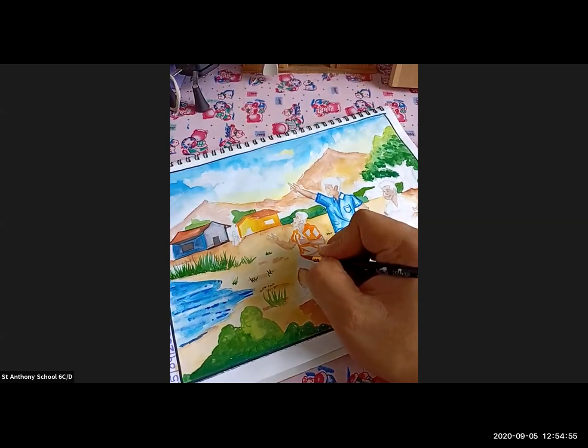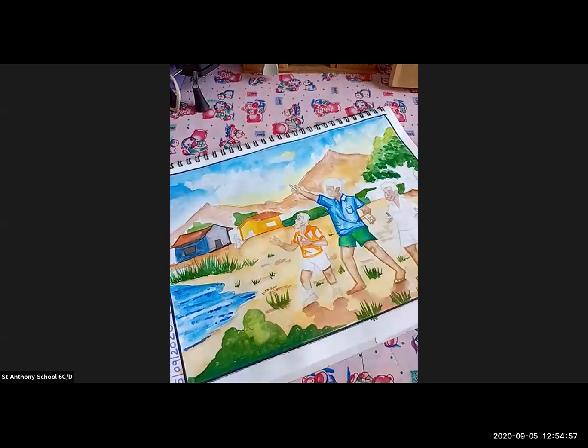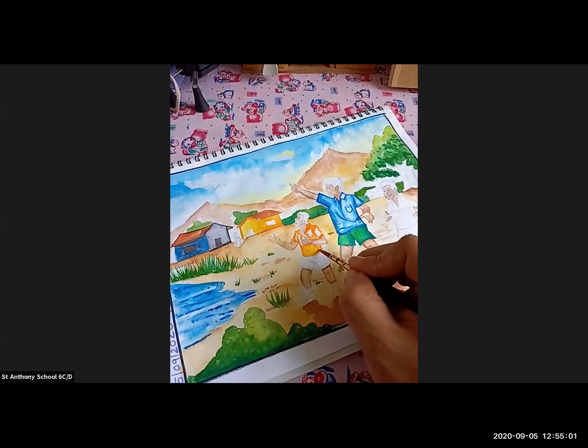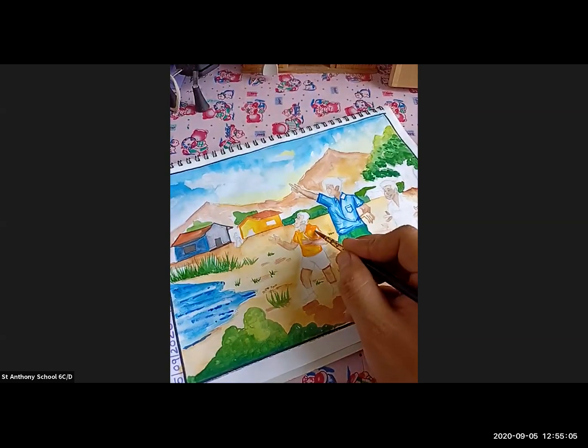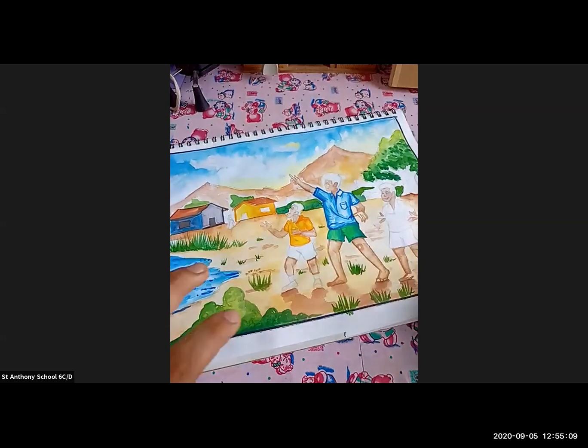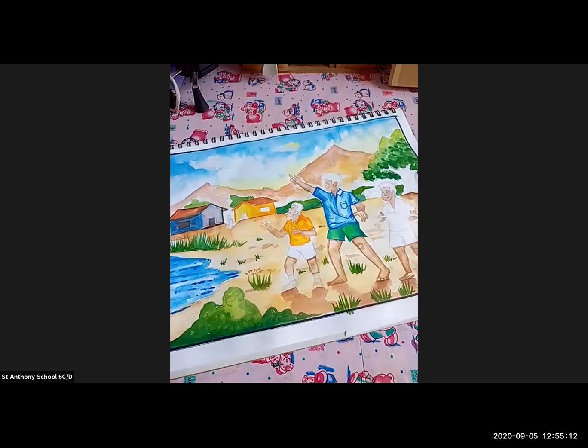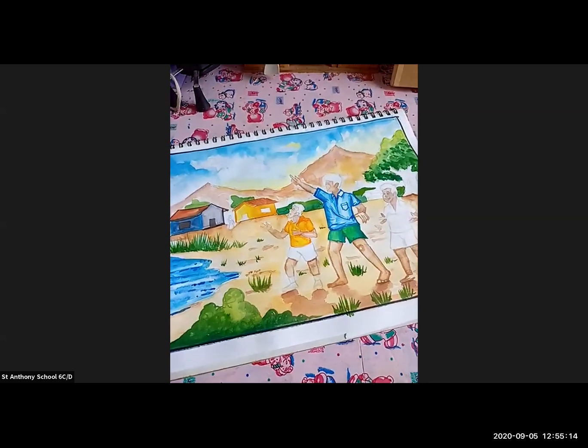and to show the light tone we are going to mix. Now we are going to mix the yellow color with this, so to show the light tone. So just look at this. To show the light tone we are adding yellow. So this is how we have done this orange, and now we are going to give a dark blue pant